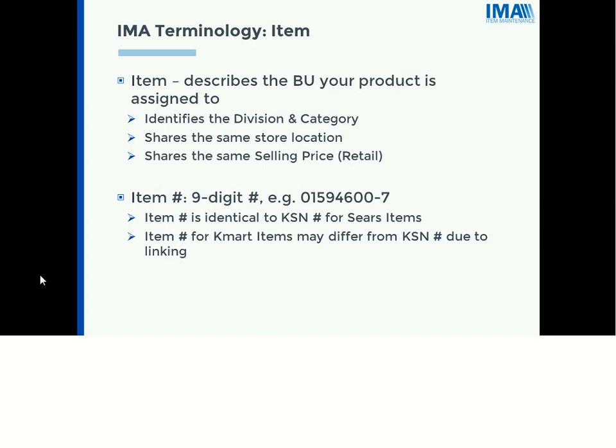Another reason that an item could be linked is if it's a bonus item. So if we have a bottle of shampoo that we're selling, and then we get a selection of that same bottle of shampoo, but it has the bonus 20% extra for free, or it has a bonus like a bottle of lotion attached to it or sunscreen. All we care about is how many bottles of shampoo we're selling. We don't really care about how many of the bonus items. So they will actually link those bonus items to the original items so that they go to the same shelf location in the stores.